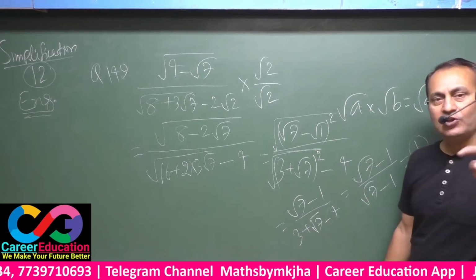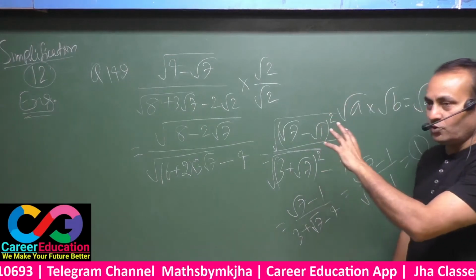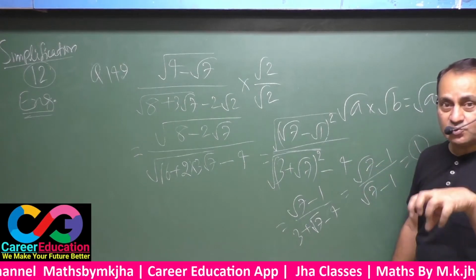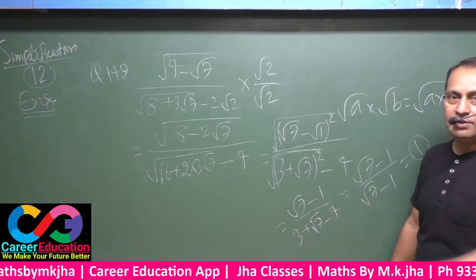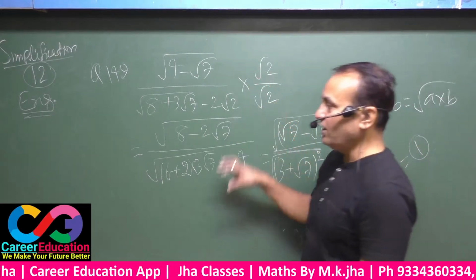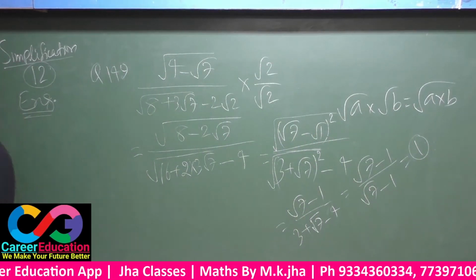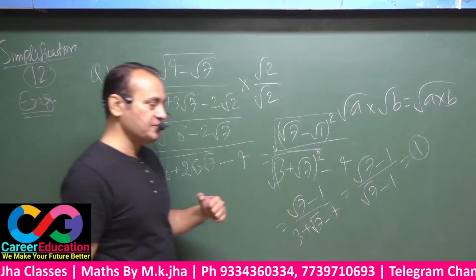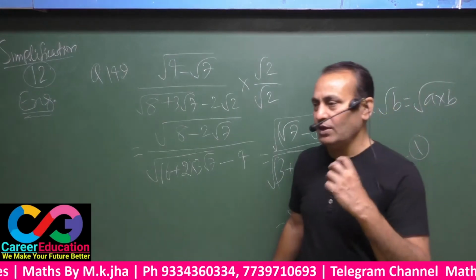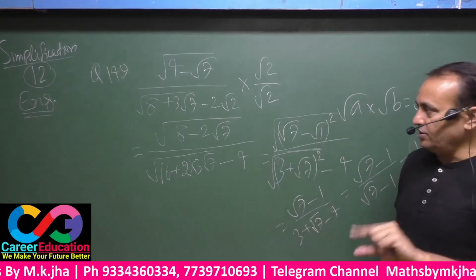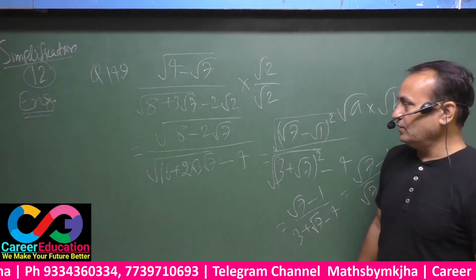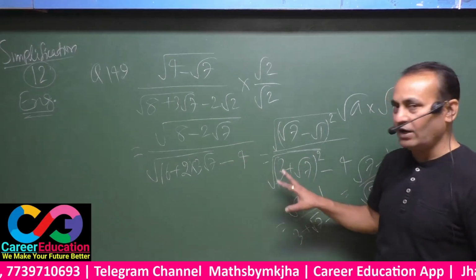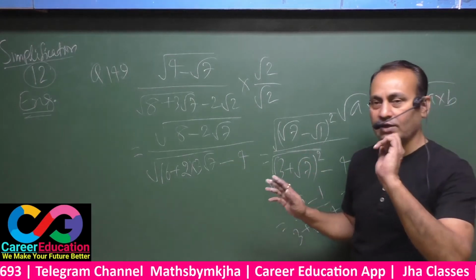Be noted, you have to revise yourself. Firstly go through this solution, and then you have to make the same question the same day, that means today itself, okay, without seeing the copy. Firstly you have to multiply the numerator by root 2, the denominator by root 2, in order to have 2 there, as a plus b, a minus b whole square always keeps there a part 2ab. Now you have to pick up here a and b. According to that you have to proceed. Thus you got the answer 1. Be noted.